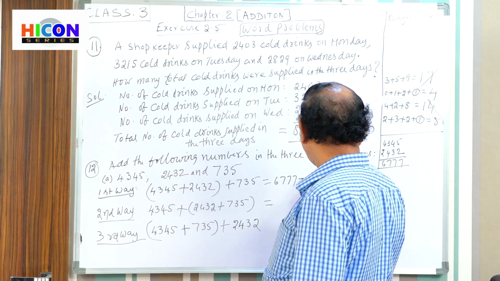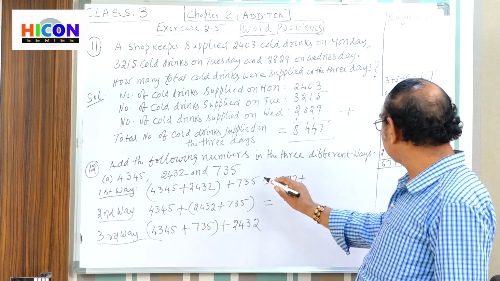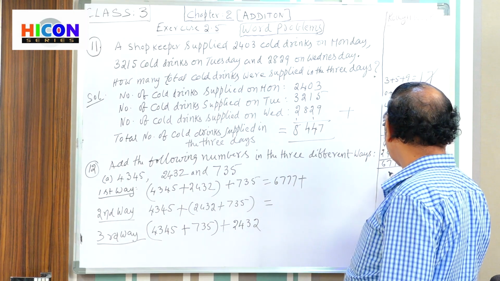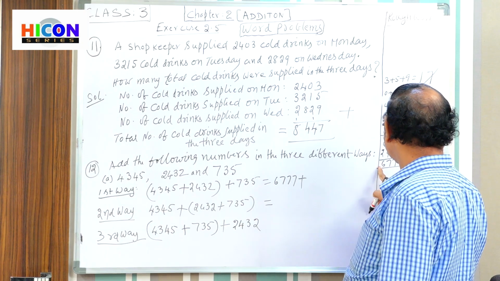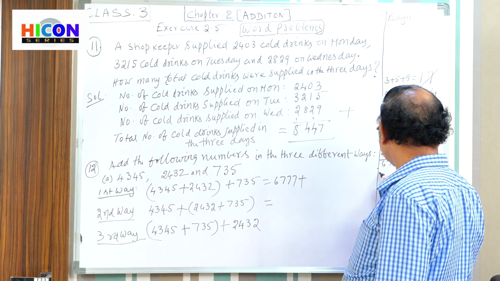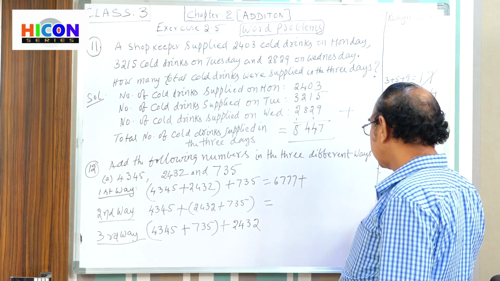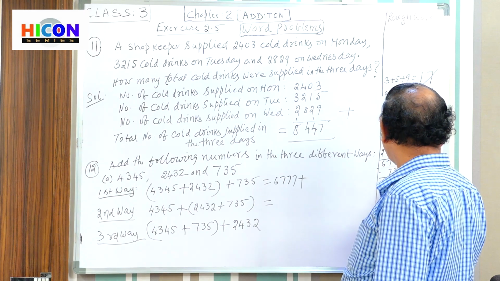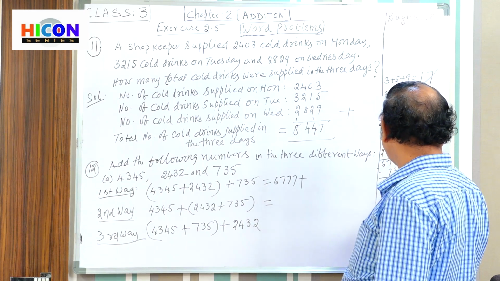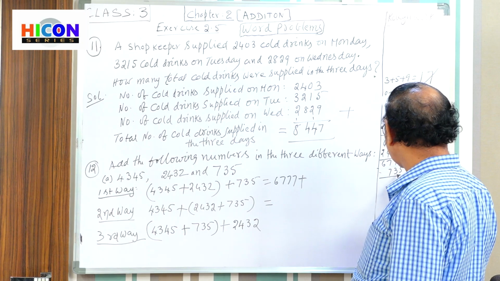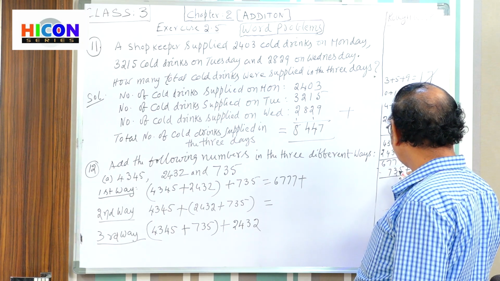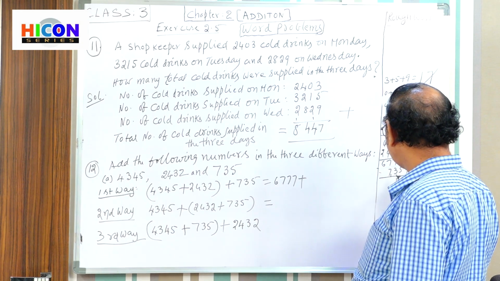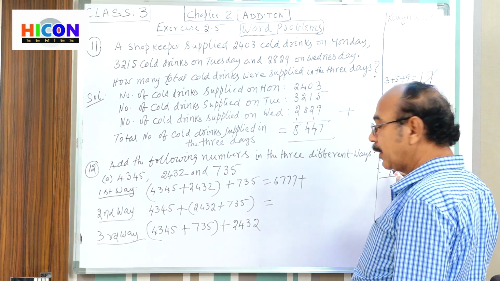6777. To this, we add the third number. What is the third number? 735. That should be added here. Plus 735. Add 7 plus 5, 12. 2, 1 is there here. 3 plus 1, 4. 4 plus 7, 11. 1 here, carried out. 7 plus 1, 8. 8 plus 7